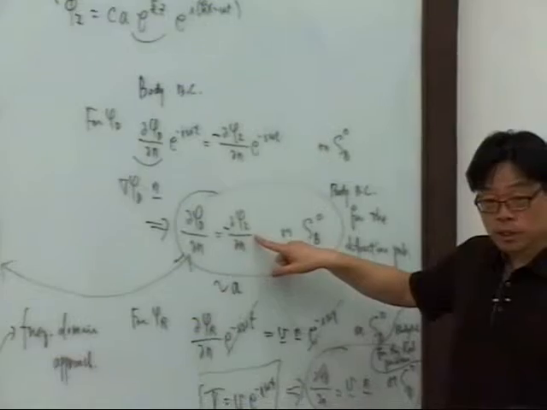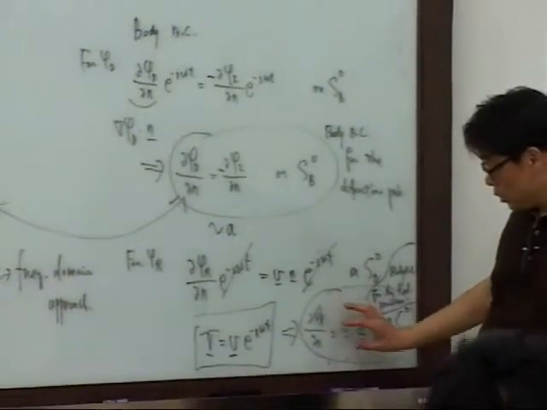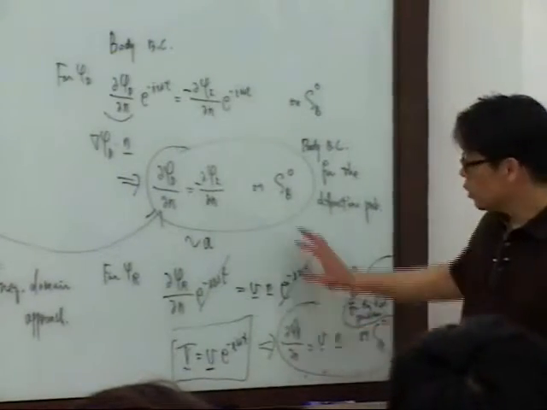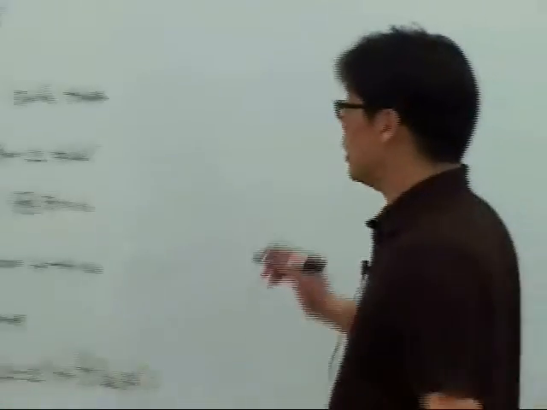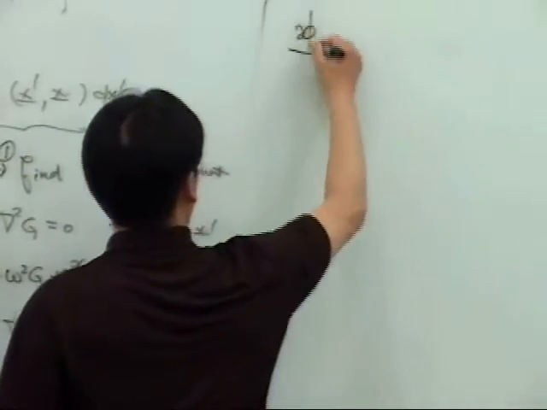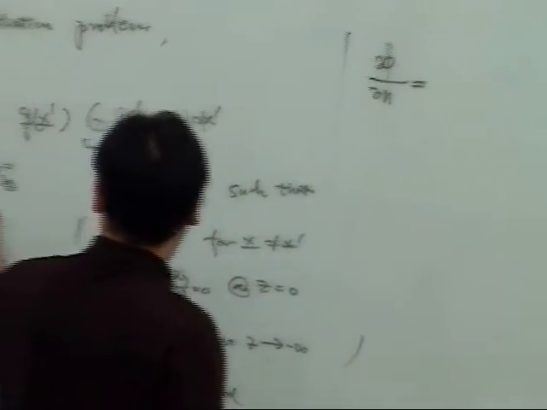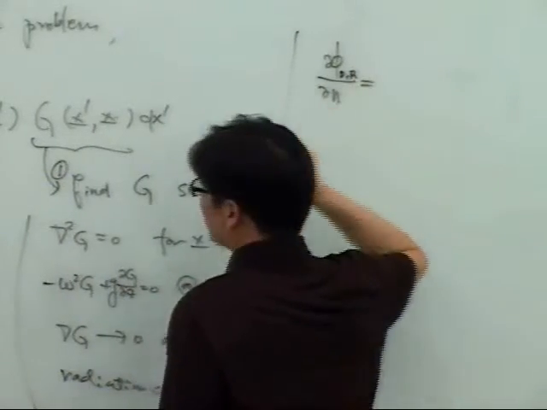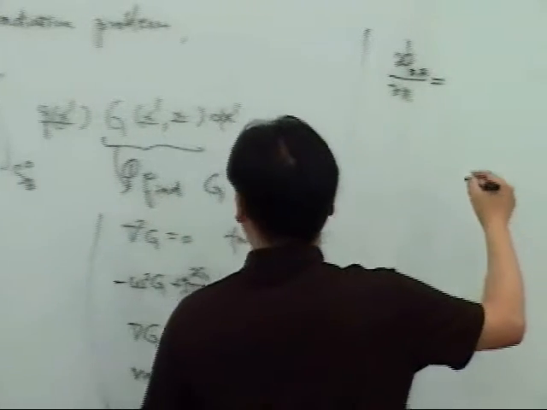For the diffraction problem, this is an incident wave potential. And for the radiation problem, this is a body motion, which we assume we know. Therefore, we impose the body boundary condition here. And then this could be either D or R. And then we end up with